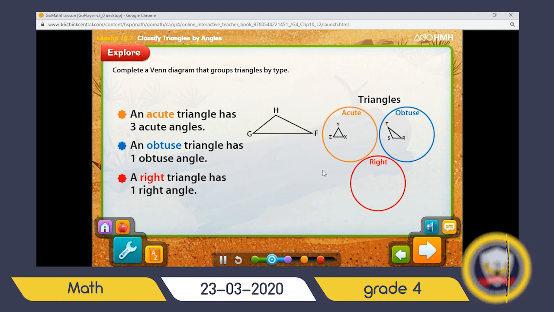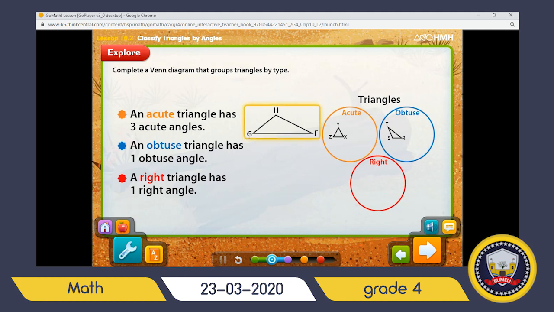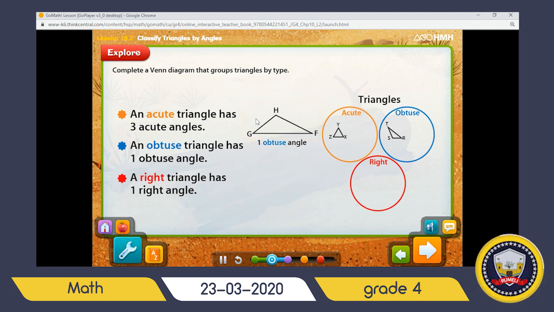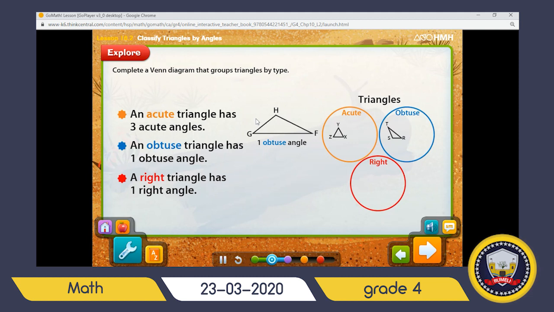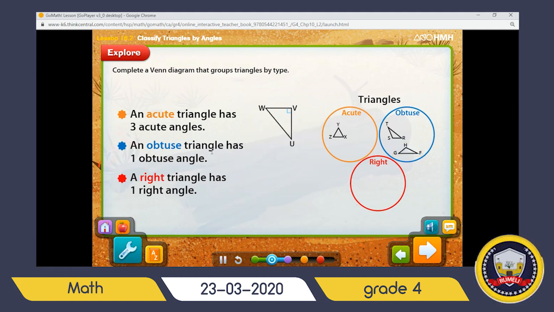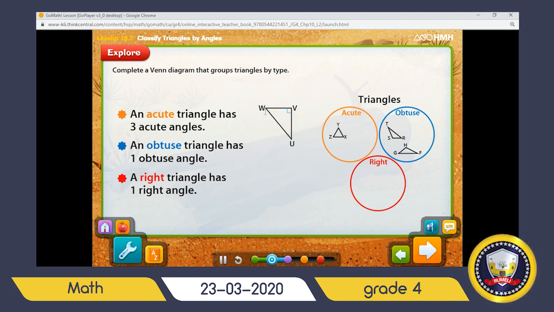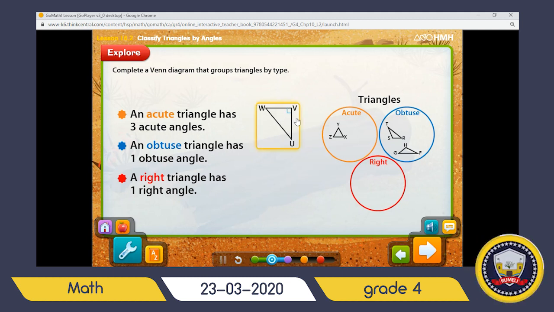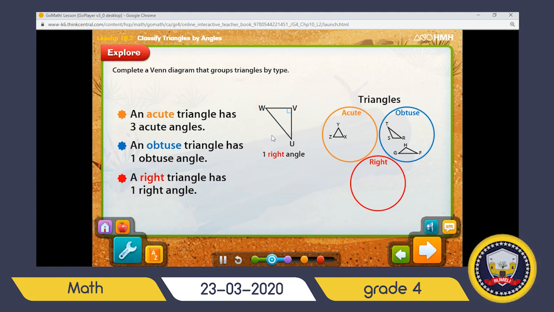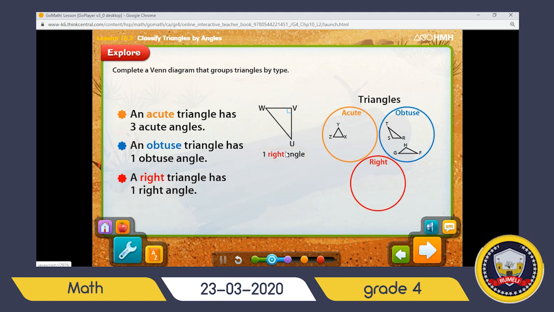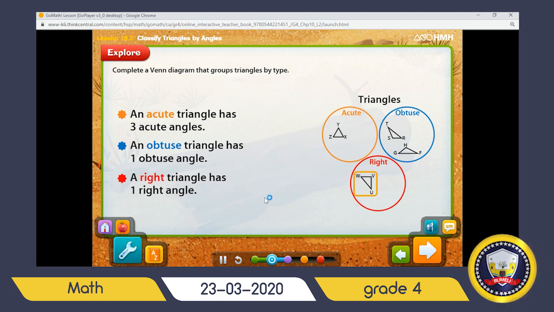So, G, F, H. Check the angles. One of them is an obtuse angle again. If one of them is an obtuse angle, we will say this triangle is an obtuse triangle. U, V, W. I can see one of them is a right angle. If one of them is a right angle, it represents a right triangle. So it means triangle UVW is a right triangle. Good job. So the next one will be